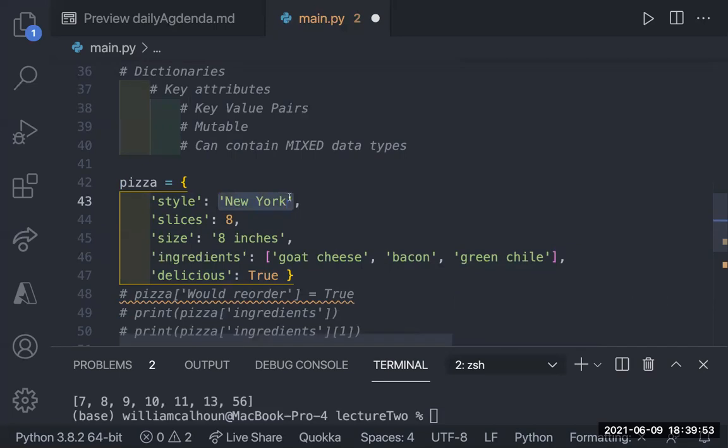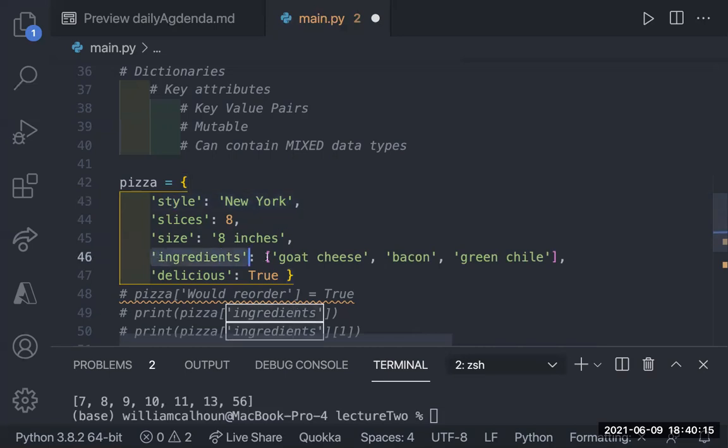Again, this is the key value pairs we went through with objects in JavaScript. Python just calls it dictionaries, but it acts the exact same way. So here I created pizza. I was pretty hungry this morning. Each pizza has a style, has slices, has slice size, 8 inches. I was just shooting for stuff. I don't know. Had ingredients.